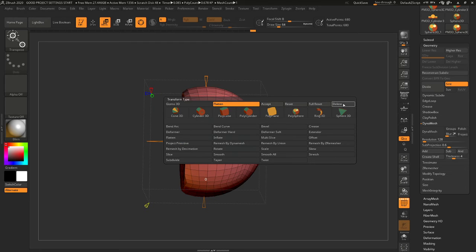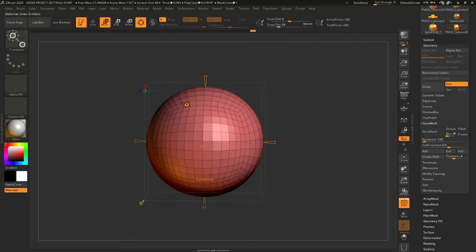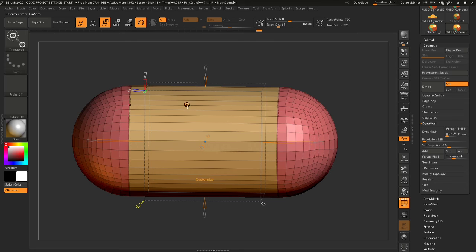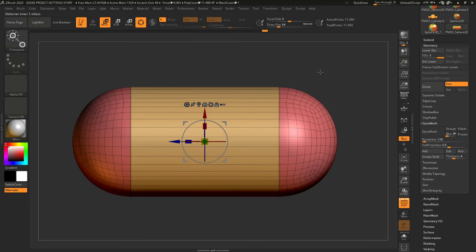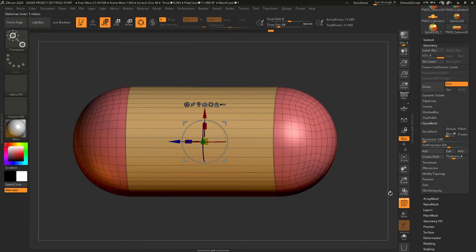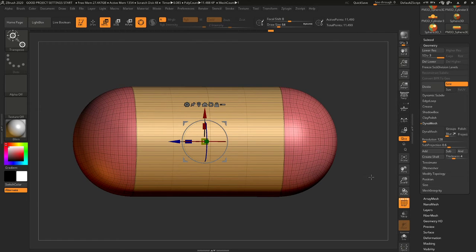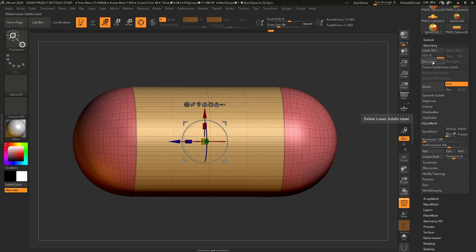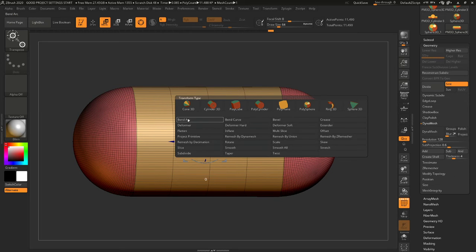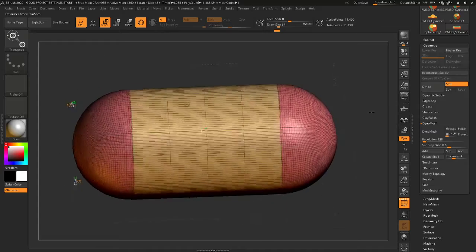Okay, I'm going to go ahead and hit full reset, and I want to go and do an extend. I'm going to accept, and now I'm going to hit Control D 2 times, and now you can see that I have quite a few more polys. Now I'm going to use bend arc. So this is telling me that I need to basically get rid of my subdivisions here. So I'm going to go ahead and click delete the lower. Then I'm going to do bend arc, and you see that I have a bunch more